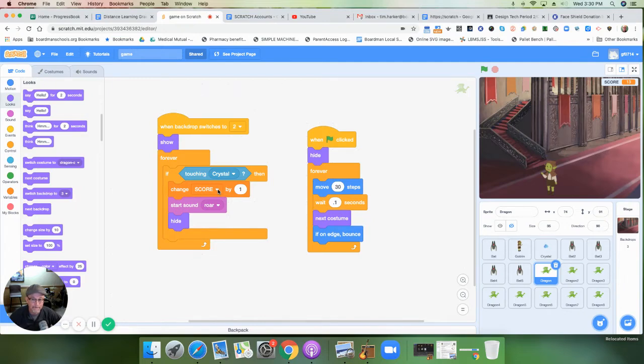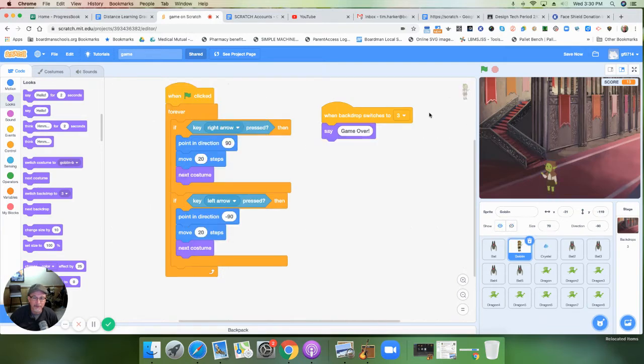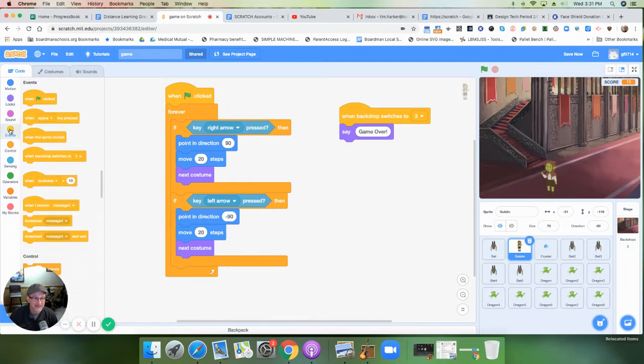Okay, so let me show you how I indicated the game was over. This little guy, this main character, I'll click him. It's a really quick little thing to do. Here's what you do right here. You go to events, and when backdrop switches to, you use that block. All right, bring that in, and then you need to change it to 3. So when backdrop switches to 3,